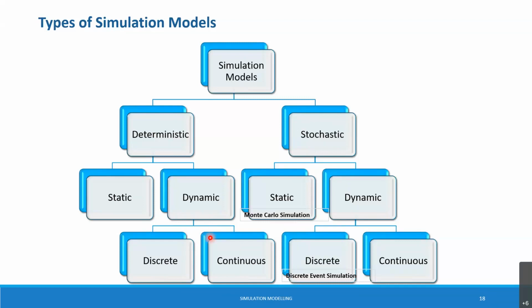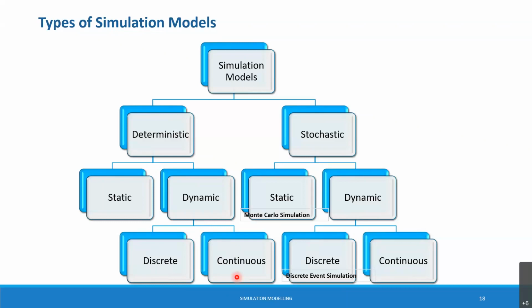simulation. So when I deal with dynamic, it could again be discrete or continuous, depending upon how you are taking the time step. Are you taking a discrete time step or a continuous time step? If the time is discrete, then it's called discrete simulation, or continuous. Again, most of the time, for the convenience of mathematics, we always, even in a continuous system, for example, if I take a